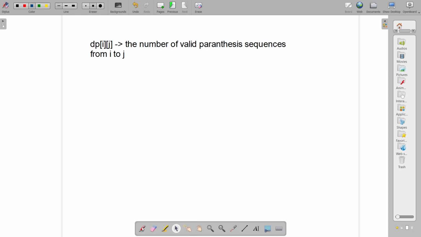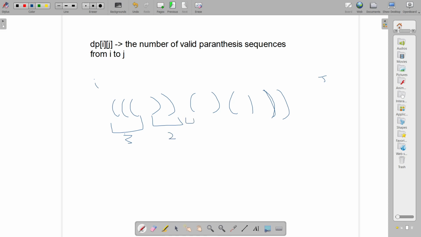Okay, so suppose that from I to j, the array which was given to us is something like this, and then you've got this and this and this. So this is 3, this is 2, this is 1, this is 1, 1, this would be 3. So from I to j, the array looks something like this and the string looks something like this.